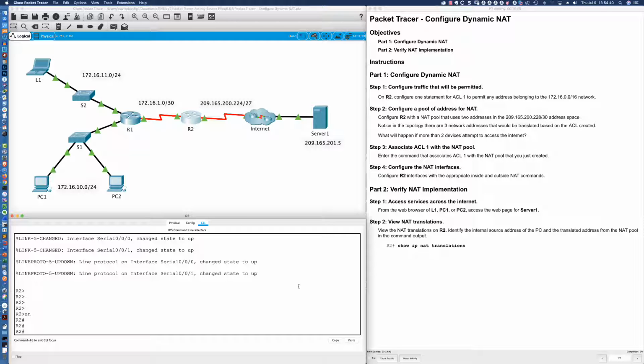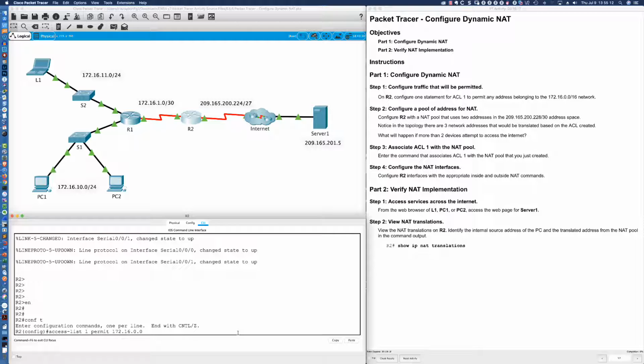And so we're going to configure a single access control entry for this single ACL. And again, the ACL number is going to be 1. So we've got a standard ACL in which we can only match on the source network or device. And in this case, that works perfect because we're trying to match the source networks on the inside of our enterprise network here. Now, let's go ahead and say access-list 1, and we're going to permit